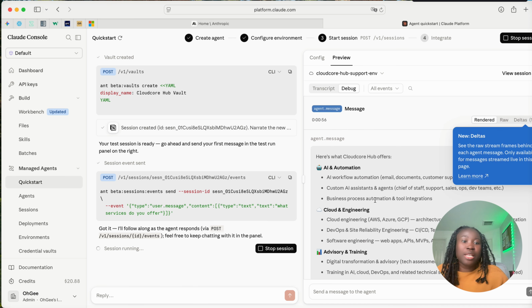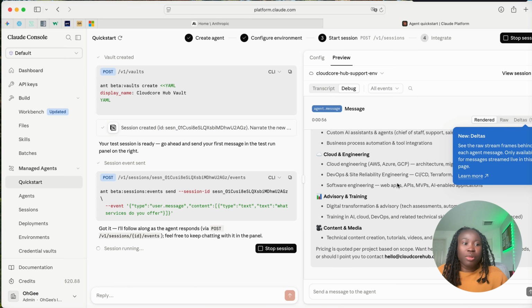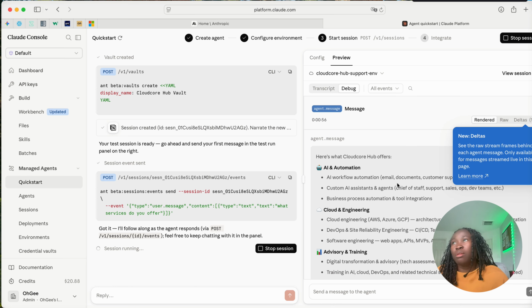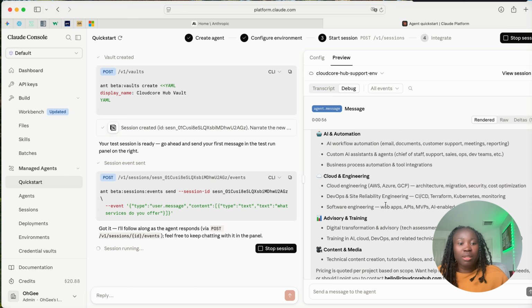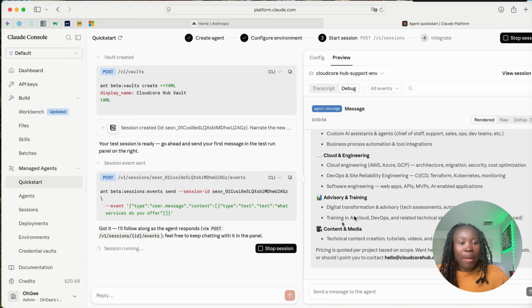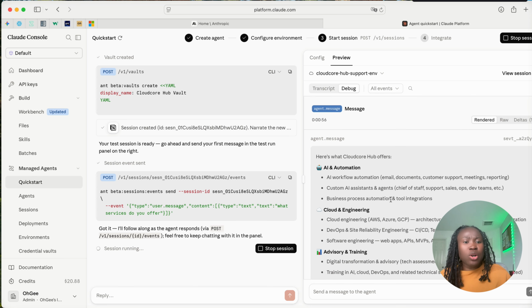But here you can see this is the actual rendered message that the person will be seeing. Here are all the services that we offer, showing what we do. So if it's price and all that, it will just show and tell them the things that we do. Let me also ask something that I'm not sure is in the knowledge base, which is more like